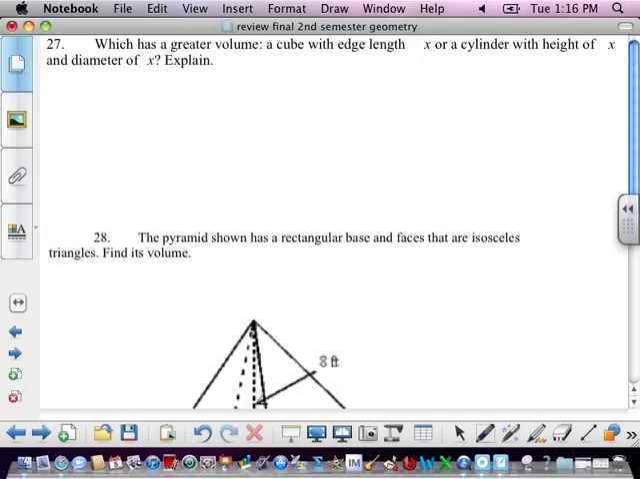Which has a greater volume? Sorry, parts of it don't show up on my board. Number 27. Which is a greater volume: a cube with the edge lengths of x or a cylinder with a height of x and a diameter of x? How do we do that? What's the volume of a cube if it has a side length of x? X cubed. A cylinder, if we're to plug it in, what's the volume of the cylinder if it's got a height